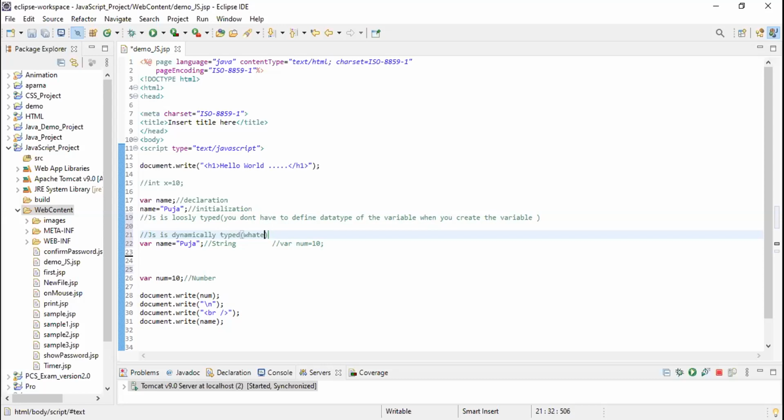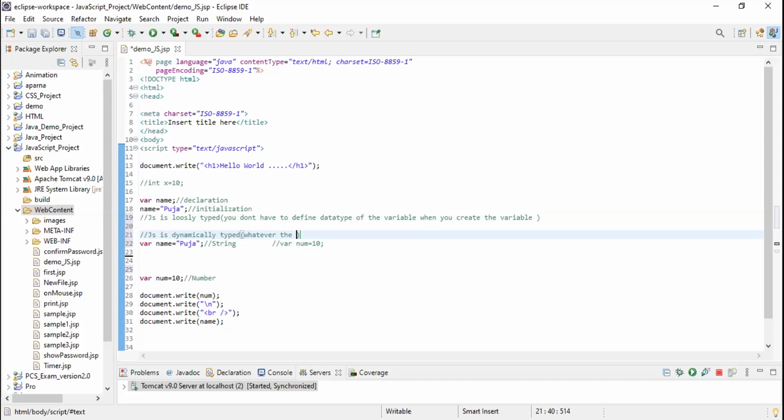Yes, ma'am. So, ma'am, what is the difference between this var keyword and the data types? See, in Java and C we use data types. Int is for integer value. String is for string values, character values like string name, char value, float, double. In Java, C, all these languages, we use these data types.